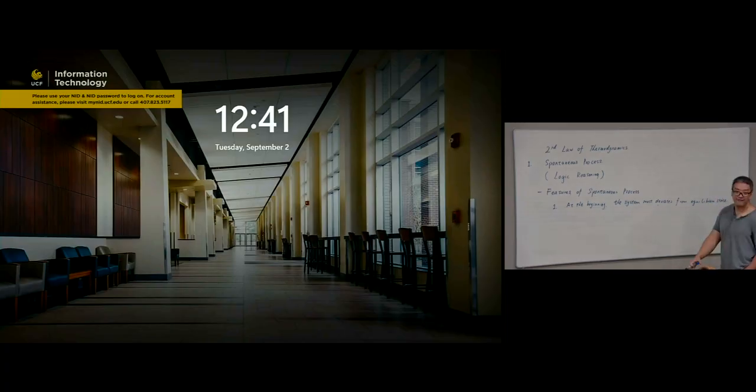Correct? If we have already reached the equilibrium state, no further change will happen. Correct? And the second one,